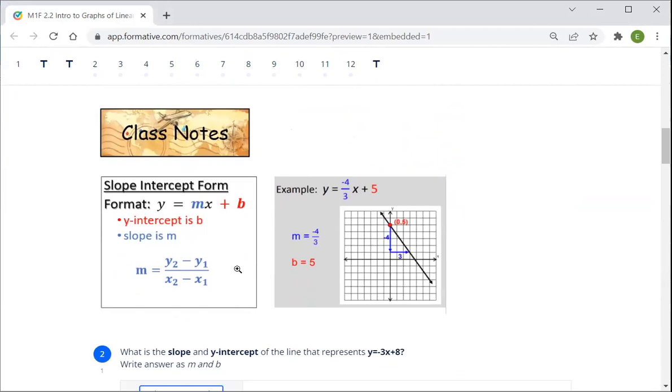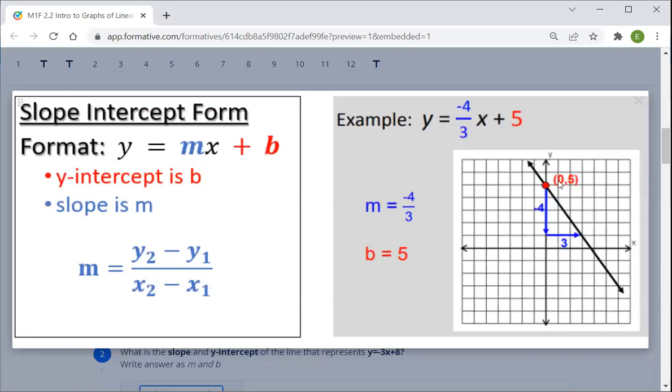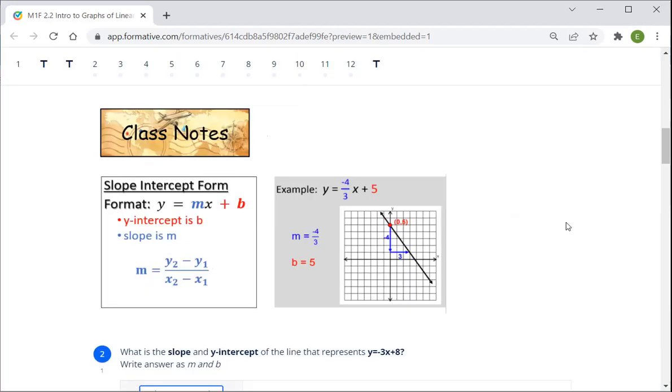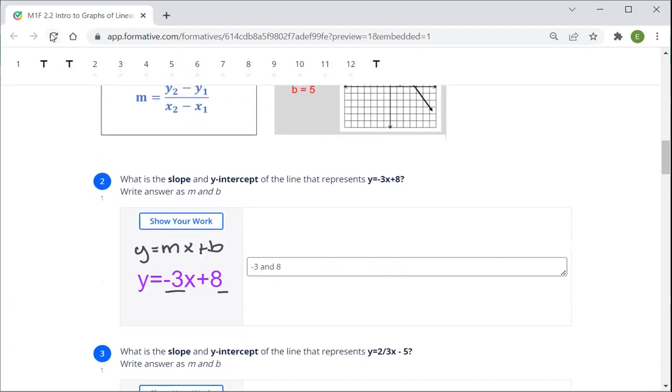Today we're going to work on finding graphs in slope-intercept form. So we have y equals mx plus b, where b is the y-intercept and m is the slope. The y-intercept is where the line crosses the y-axis, and the slope we have to find by doing rise over run. So looking at our first equation here,